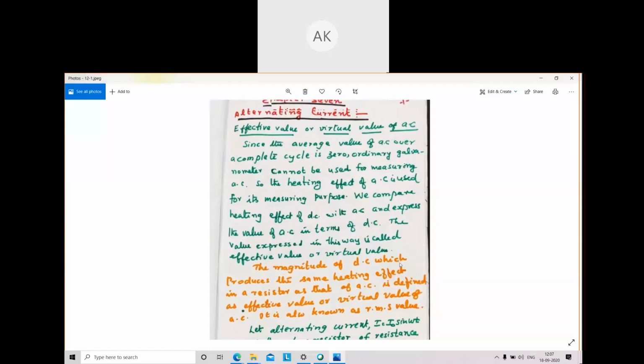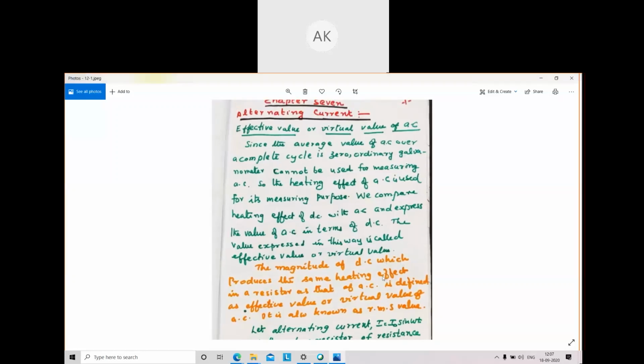So, alternating current: effective value or virtual value of AC. We know alternating current is varying every instant, and after half a cycle its direction is reversed. If the first half cycle is positive, the next half cycle will be negative. That is AC. So when AC is passed through an element like a resistor, inductor, or capacitor,